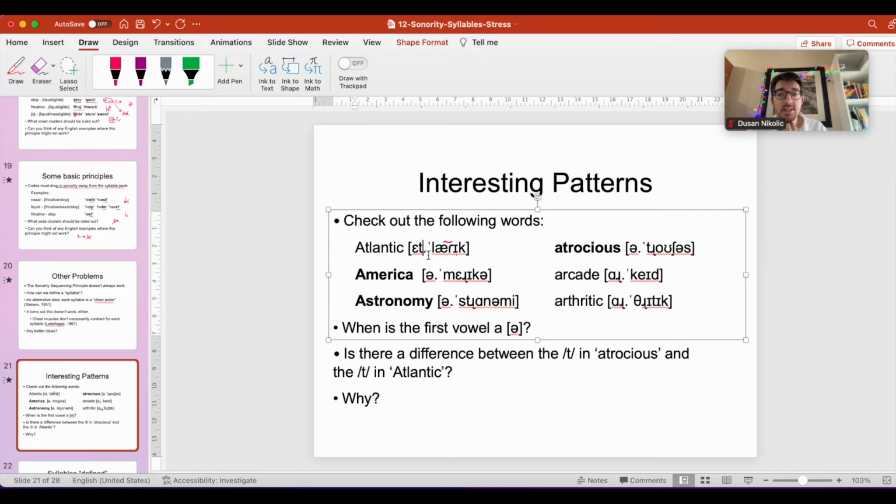This means that the T will be different. It's a coda T, and it's not a T that is being stressed, right? This R is not stressed. It's K'd, right? This R is also not stressed. It's thritic, or 3, right? In this case. So we see that there is some difference.